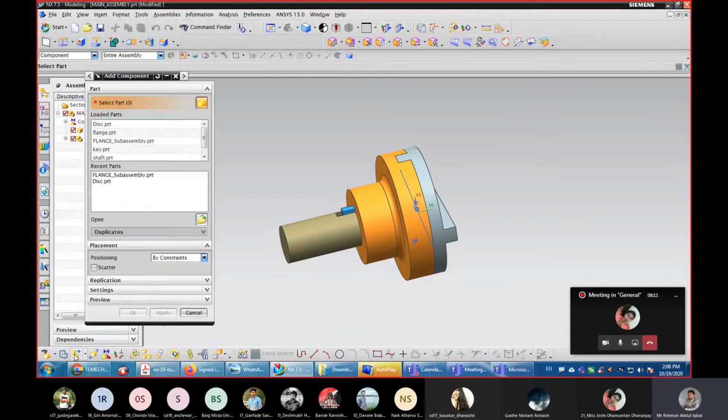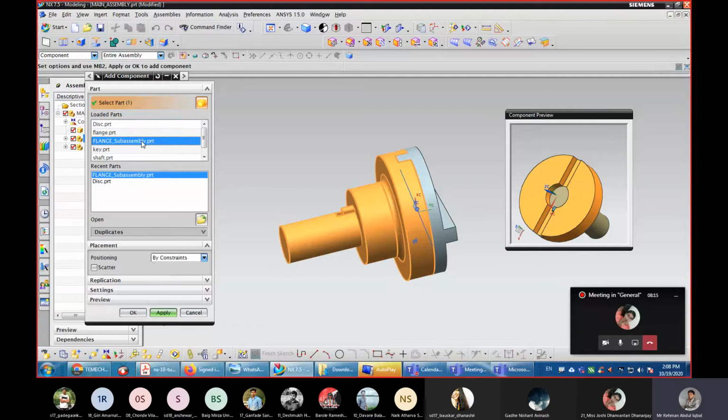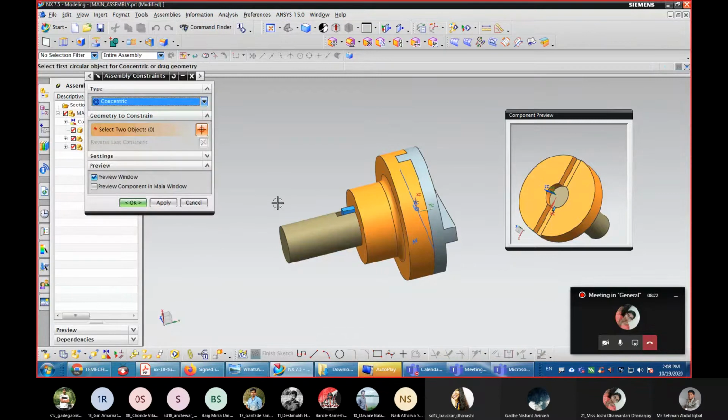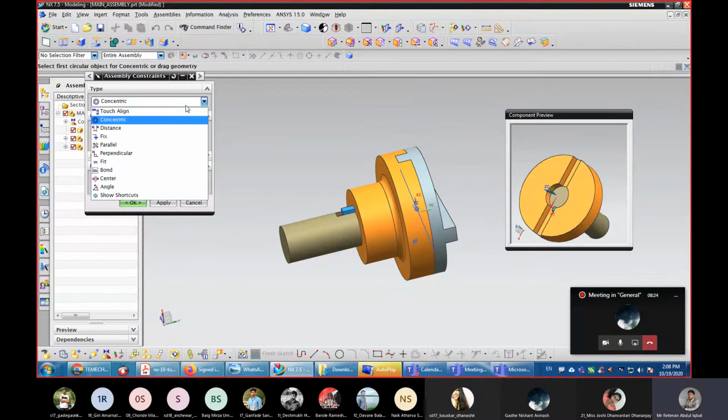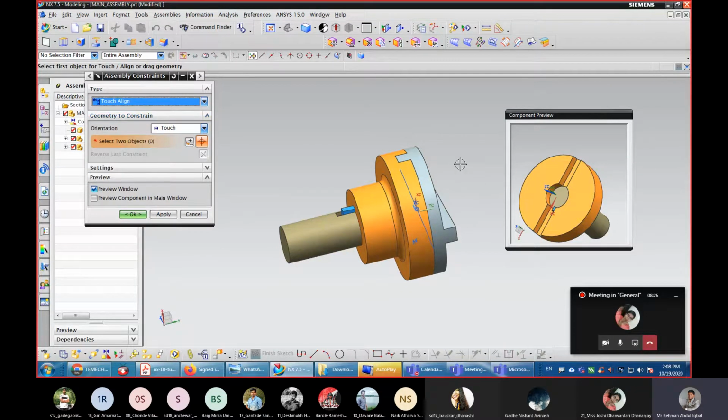Same thing, add this flange sub assembly by constraints, click OK, and here touch align, touch.